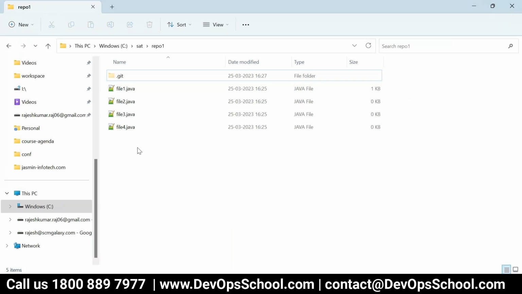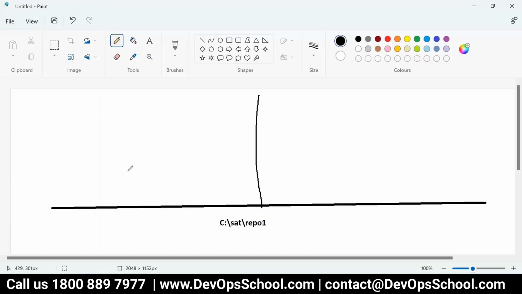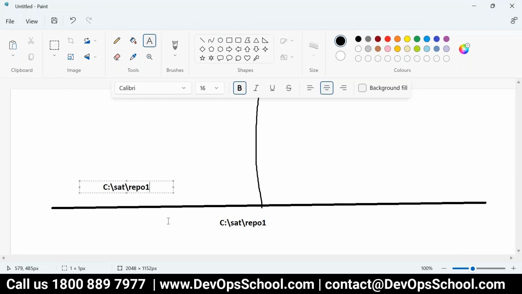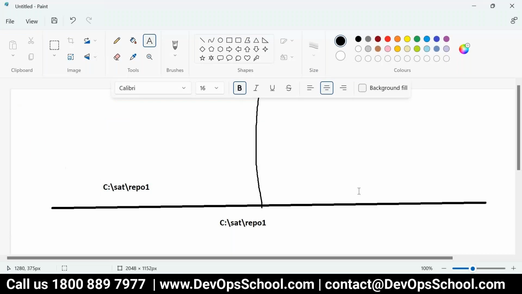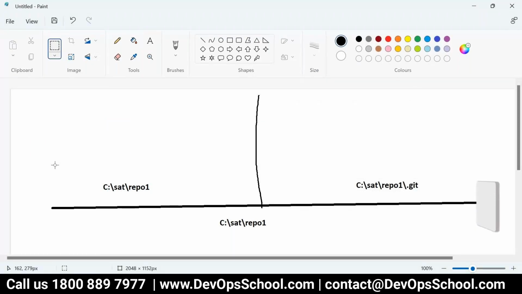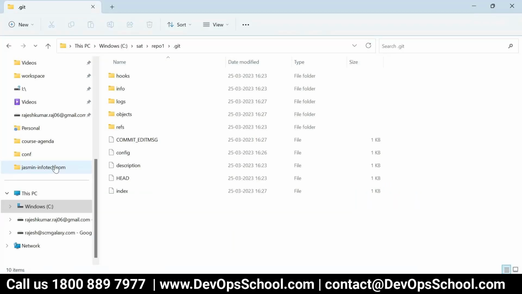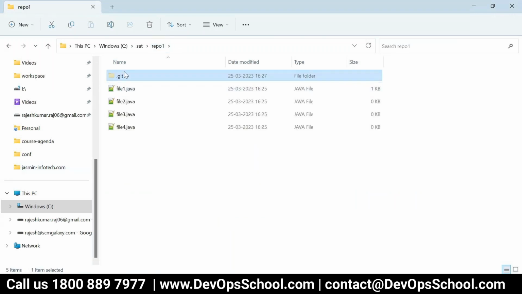One area is where we have the source code, and the other area is the repository. Agree with me so far? I'm just creating a diagram for this. This is your repository, this is the file.